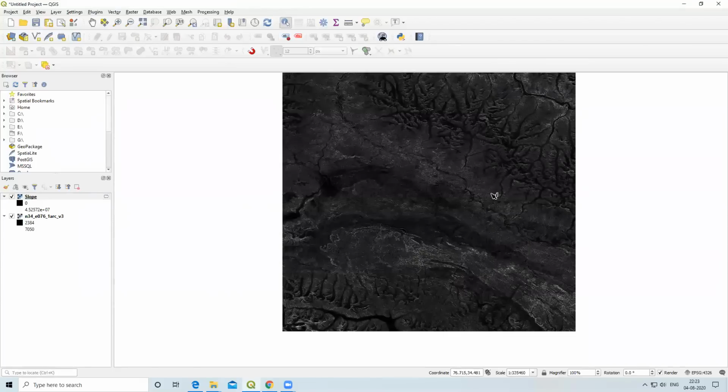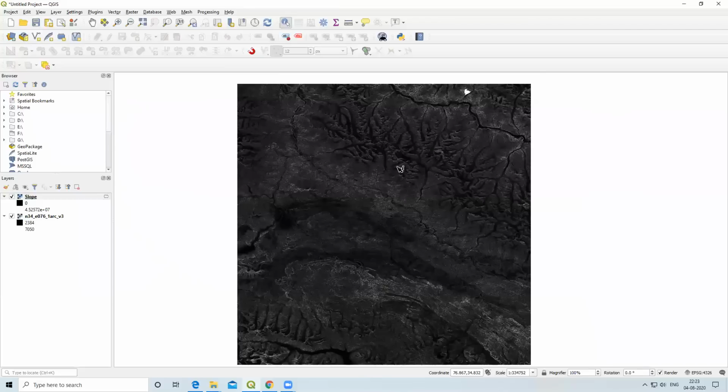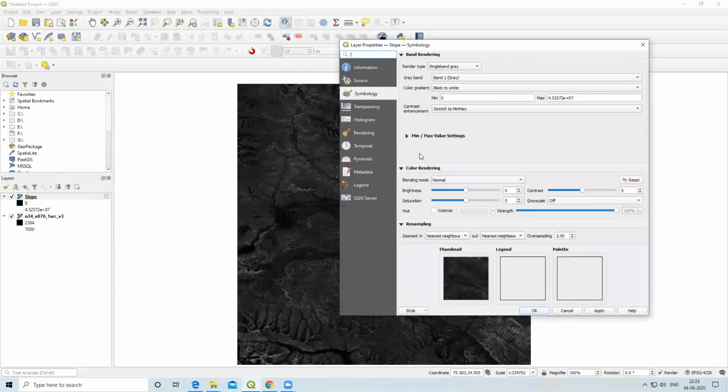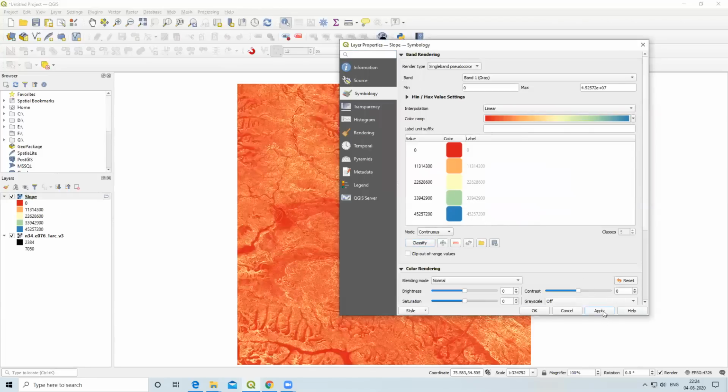Now you can observe the result. Slope can be defined as the maximum change in elevation over the distance. A slope map is made to understand the local and regional slope variation of the terrain, which helps in identifying structural disturbance of slope. So first we'll color this map. For this we'll go to symbology and I will color it. Classify, apply and OK.